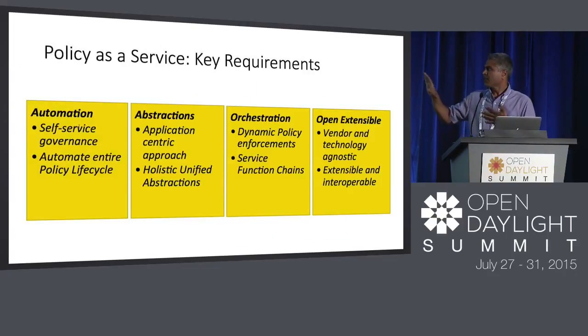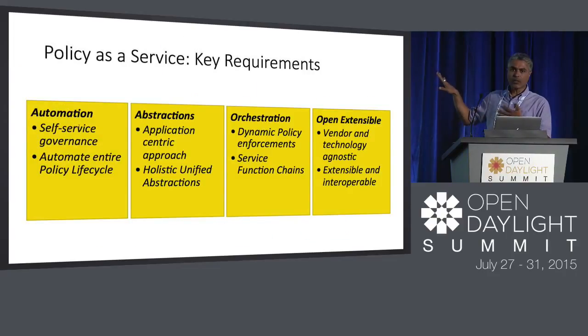And then I'm going to spend a little quick time on this. These are the four things I think would happen for the policy. First is automation. I've already described it. Self-service: I'm not going to wait for somebody to do this. The rules are there. I just submit my workload. I need to make sure that it's following the rules, and then it goes into automation. That's the whole concept of automation.